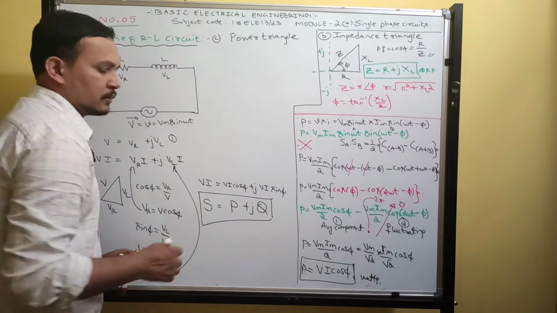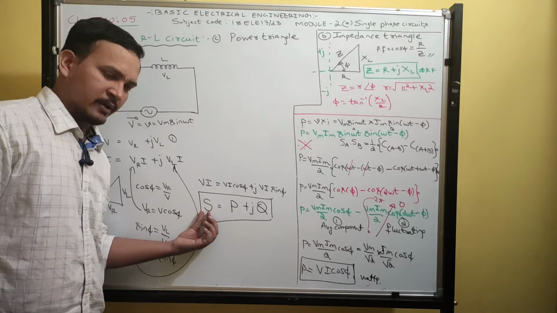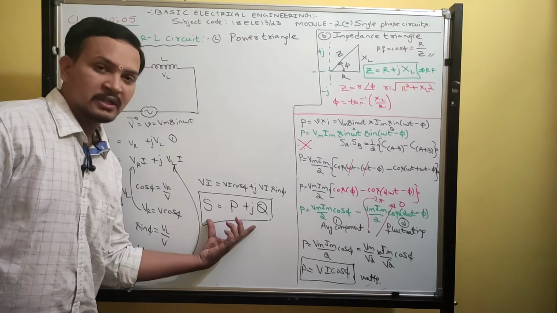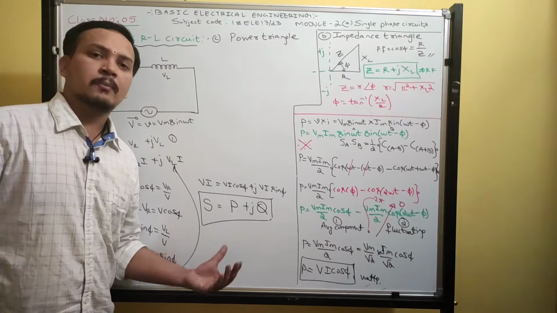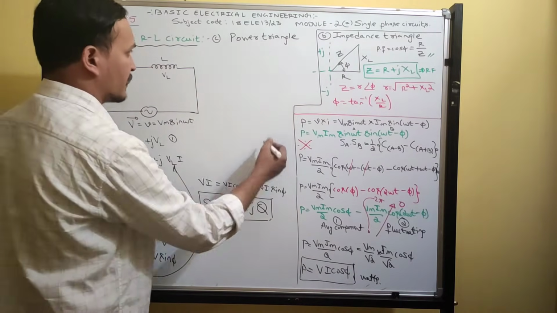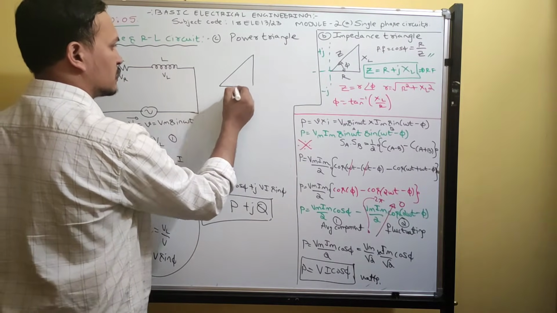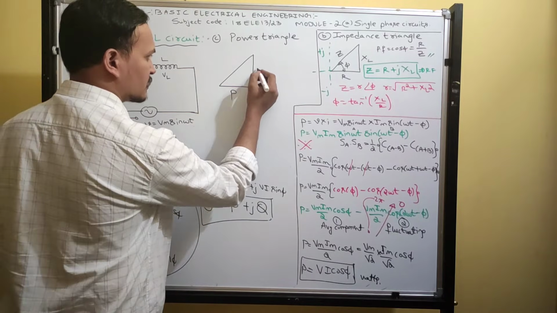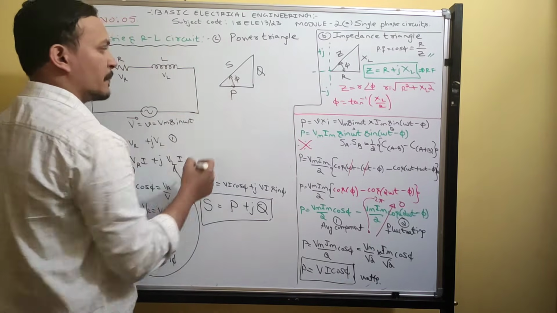Now I wrote the power as complex power. The total power has two components, real component and imaginary component. I represented the total power in rectangular form. Now you can draw this power triangle. Same triangle you rewrite. This is the P value, the real part, plus JQ. This is reactive power and this is apparent power. The angle between them is phi.